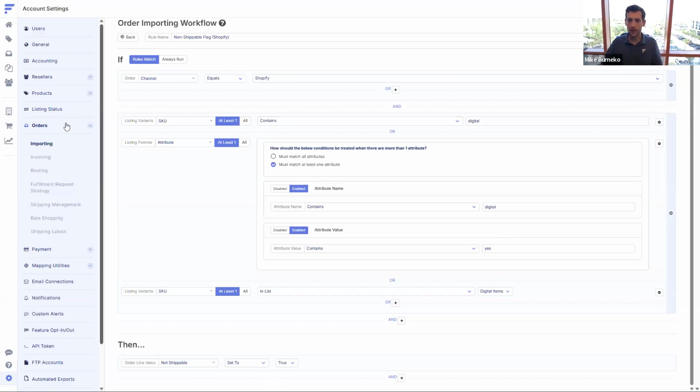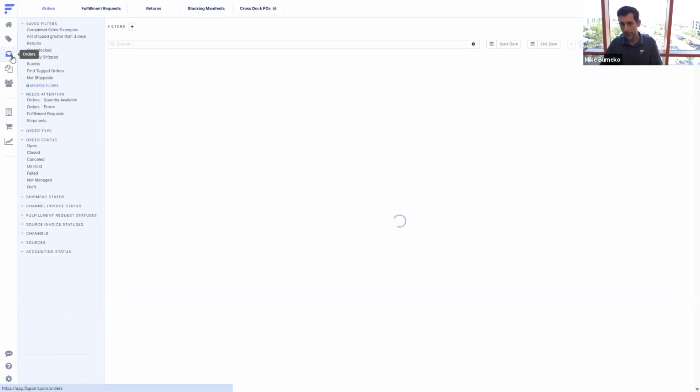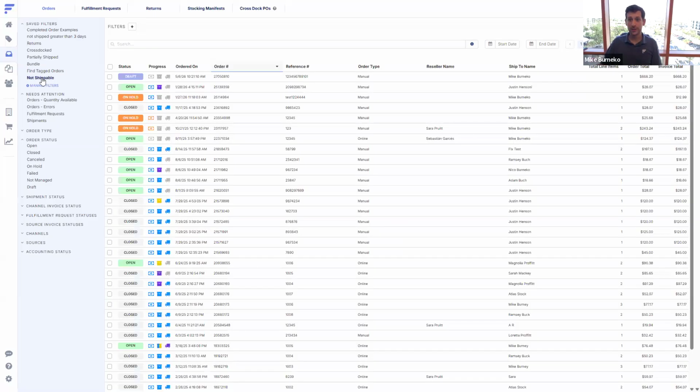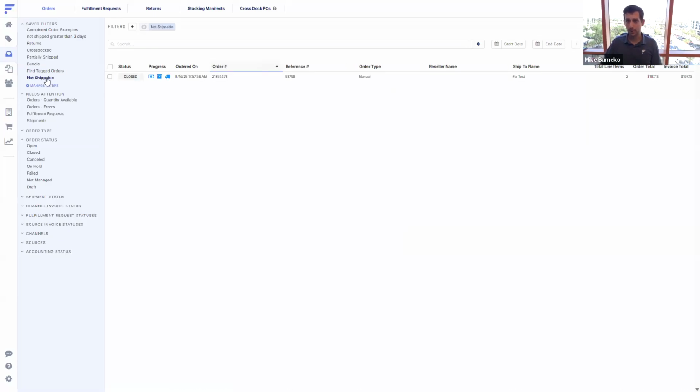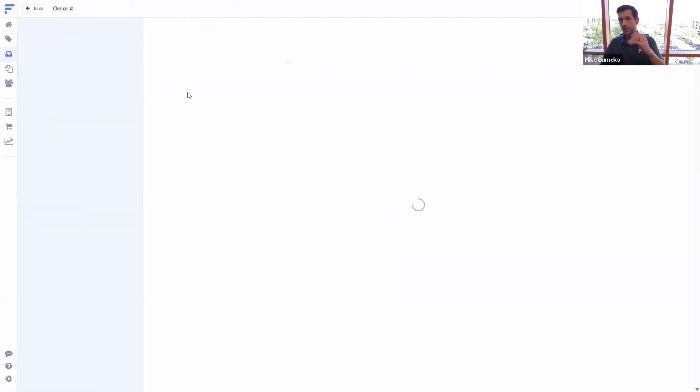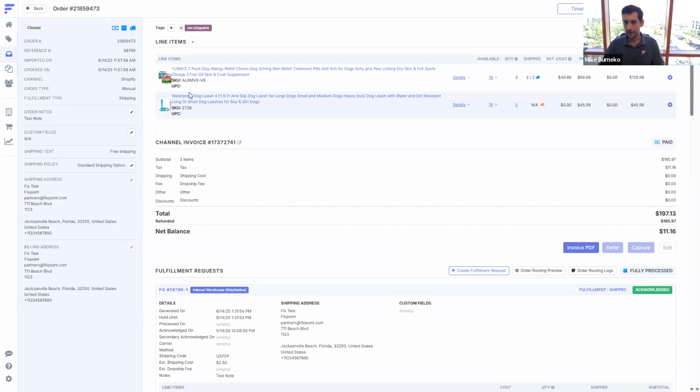Again, our team can help with that, but I want to show you what it looks like in action here. So going to our orders page, you can always filter by these non-shippable order line items. That's what I'm doing right here. And then, cool, let me look at the order life cycle here for one of those non-shippable goods. By me creating the setting that I started with in that order importing workflow, as we bring in the order from any sales channel, in this instance my test sales channel is Shopify, Flexpoint can automatically know